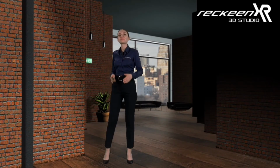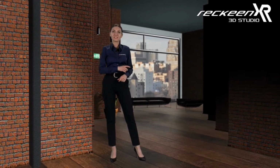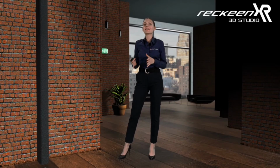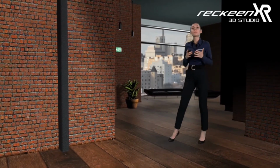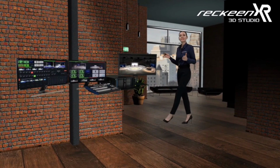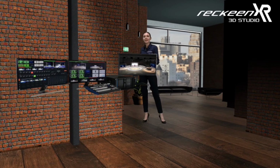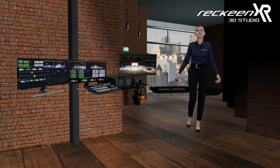Hi and welcome to Rekeen XR short product demo. Rekeen's prime focus lies in real-time 3D studio solutions. We make end-to-end products that don't require an extended workflow or a large crew to manage a production. With Rekeen, you can perform most production tasks on this one piece of equipment. It comes with 3D studio editors, chroma keyers, free 3D virtual sets, audio mixer, video switchers, streaming and recording capabilities,